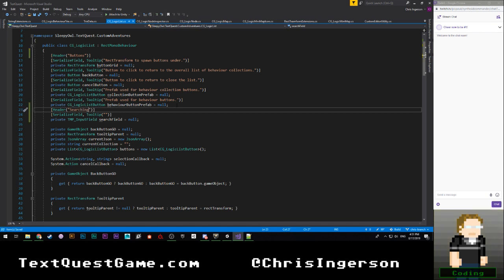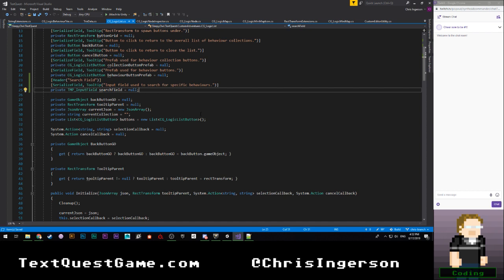Searching, that's a terrible name, search field, I guess. Input field to type in, wow, terrible. Input field used to search for specific behaviors. Okay,